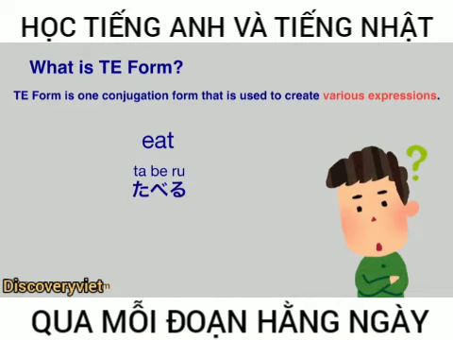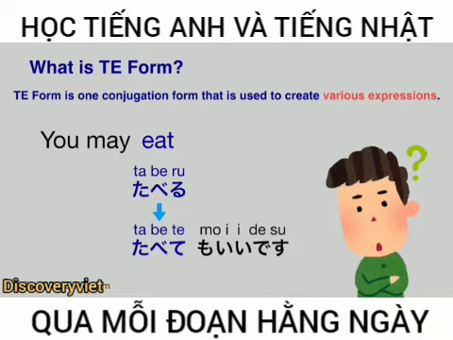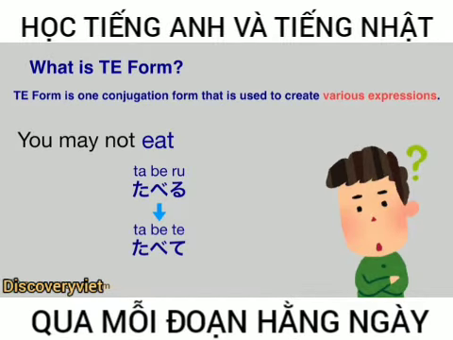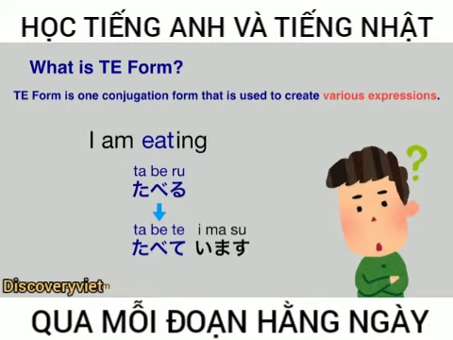Let me show you another example. If you want to say you may eat or it's okay that you eat, now you need to change the verb to the te form and then add もいいです。So, you may eat in Japanese is 食べてもいいです。If you want to say the opposite, you may not eat, now you add はダメです to the te form and then say 食べてはダメです。If you want to say I am eating right now, then you add います to the te form and then say 食べています。